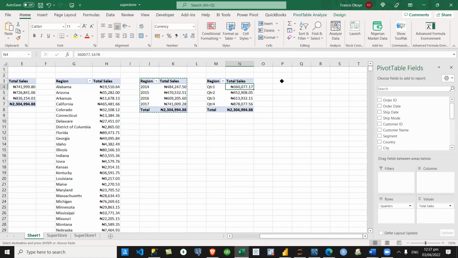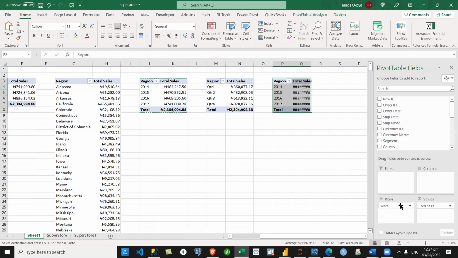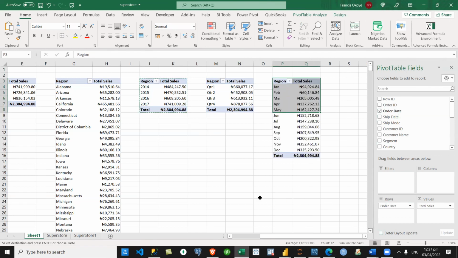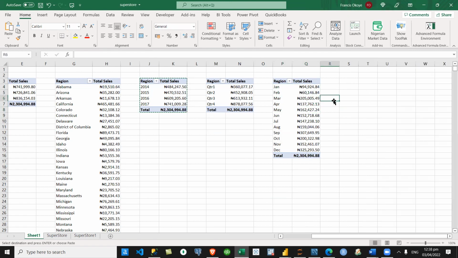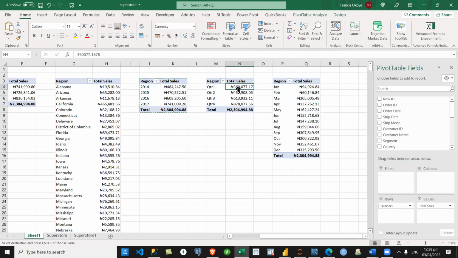If you want to do monthly, the same thing. Look at monthly. I would remove this, take the dates, other dates. I will remove years, remove quarter. I'm left with months. But it's still doing the same thing. If you add all the January 2014 to 2017, and all the February, does that make sense? It doesn't. Why don't you add a filter? Then you pick the year you want, you pick the year for each, or add another category.